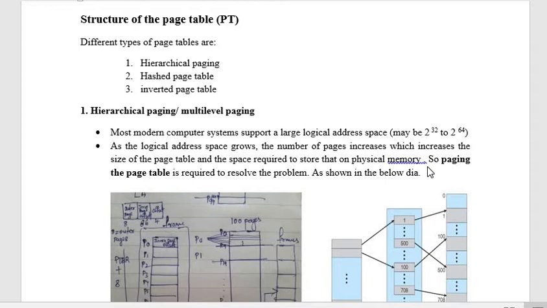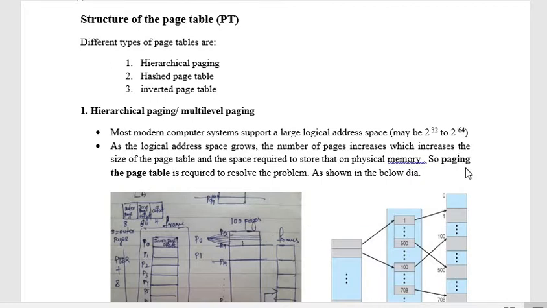Because when you want to bring the process onto the main memory, we also know that the corresponding page table should also be brought onto the main memory. When the page table occupies so many bytes in memory, this really matters a lot. So what is the solution for this? We have a paging of page table technique, which is useful in saving the space required to store the page table.